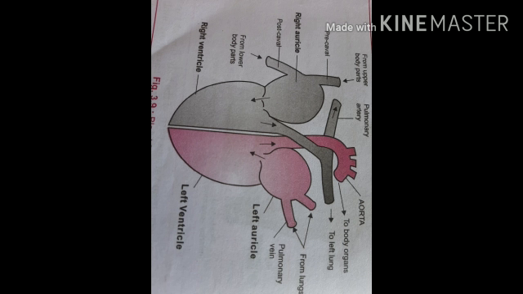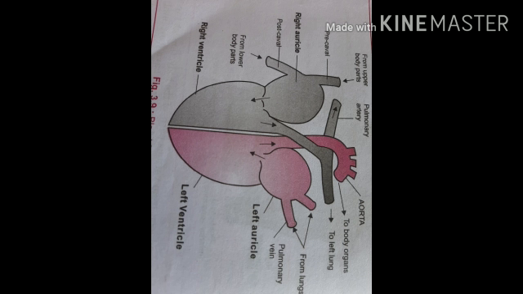The pumping mechanism of the heart involves regular contraction, that is systole, and relaxation, that is diastole, of the heart chambers. One systole and one diastole of each chamber constitute one heartbeat. Heartbeat is due to rhythmic contraction and relaxation of heart muscles. The normal rate of heartbeat is 72 times per minute, but during exercise and heavy work this rate can become